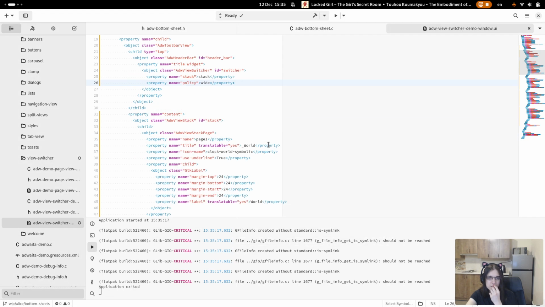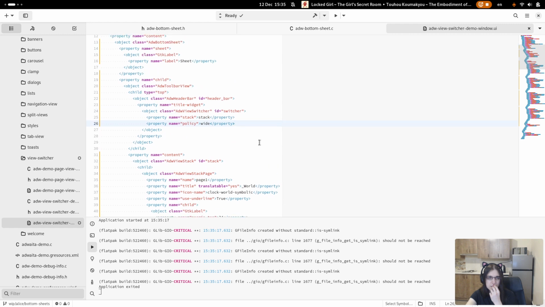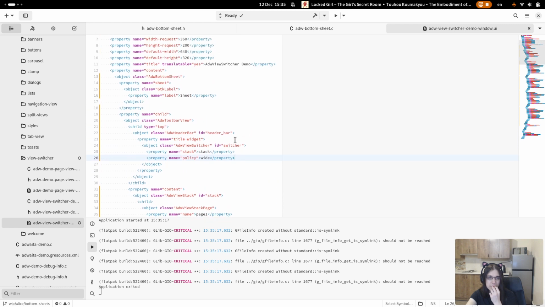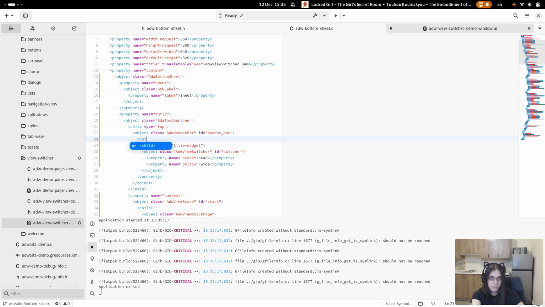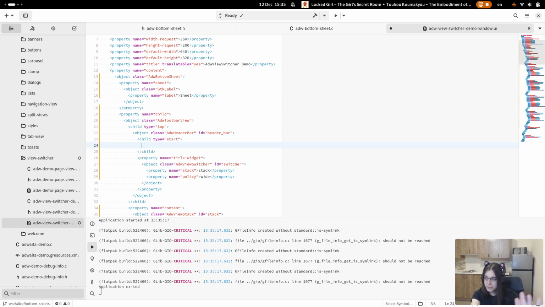I'll add a button to show and hide on the actual page and a second one in the sheet.